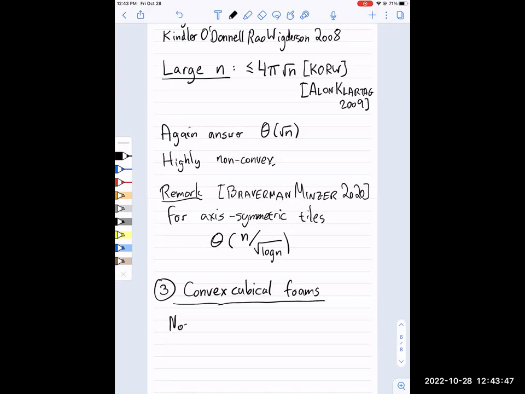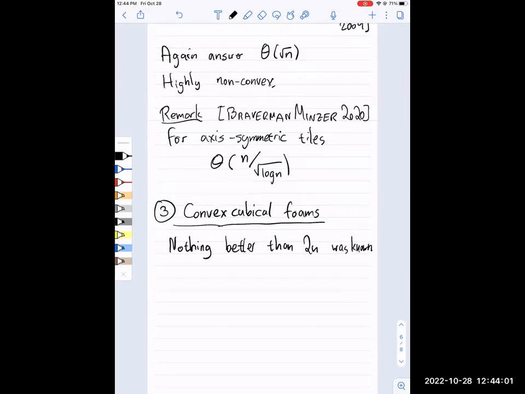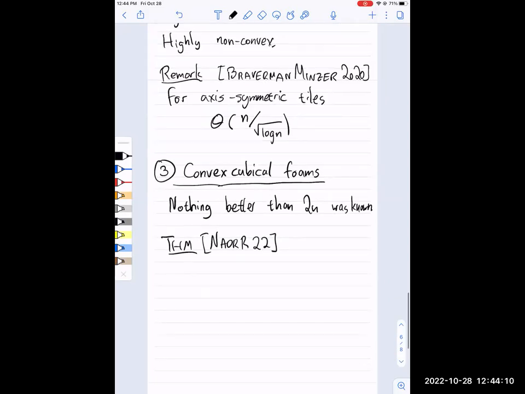So currently nothing better was known. Nothing much better than 2n was known. You can improve a bit the constant, but it was still n. And what we prove, the theorem, is that you can actually get close to square root n. So there exists a